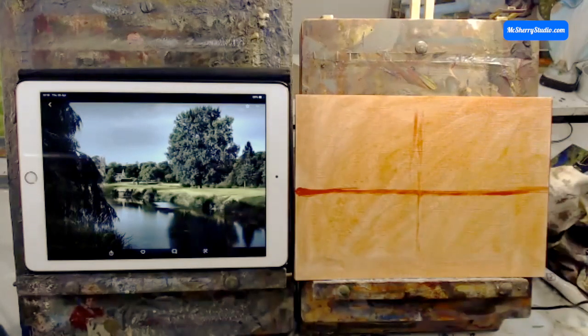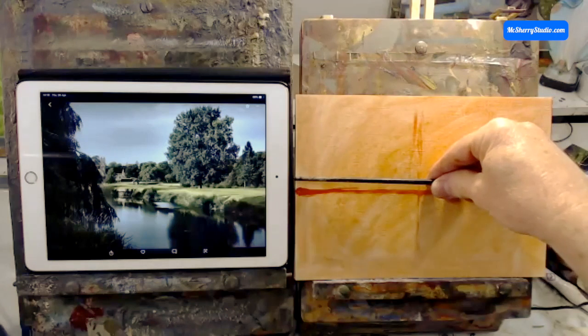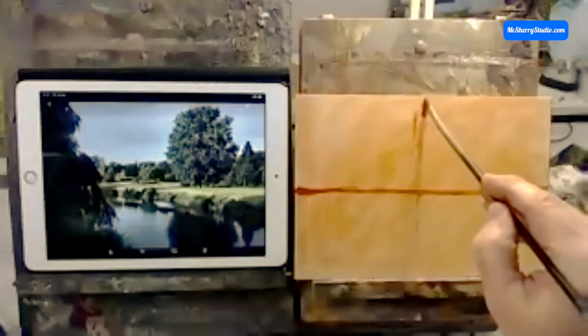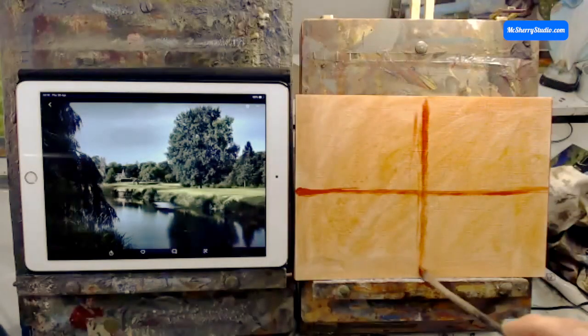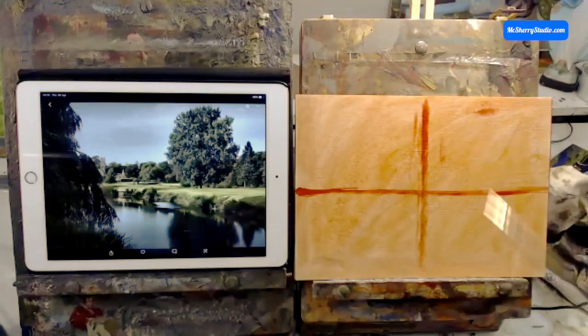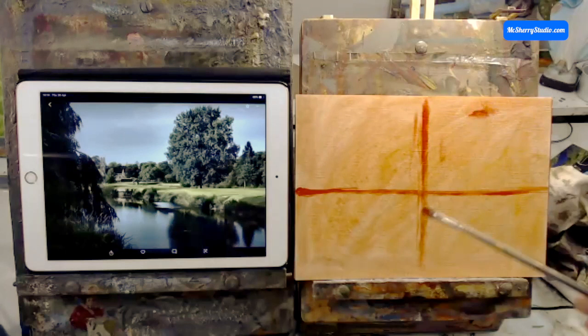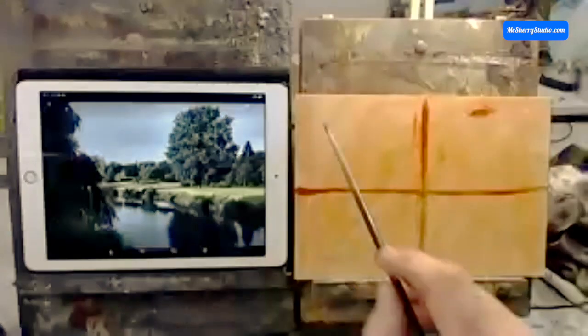better check if that's the center actually of this canvas. Bit off to the right. There's our center line. We know that the tree is probably coming to about there. It's coming to near the top. I don't want it to go so near the top. I'm going to bring that down a wee bit. Okay. We've got this